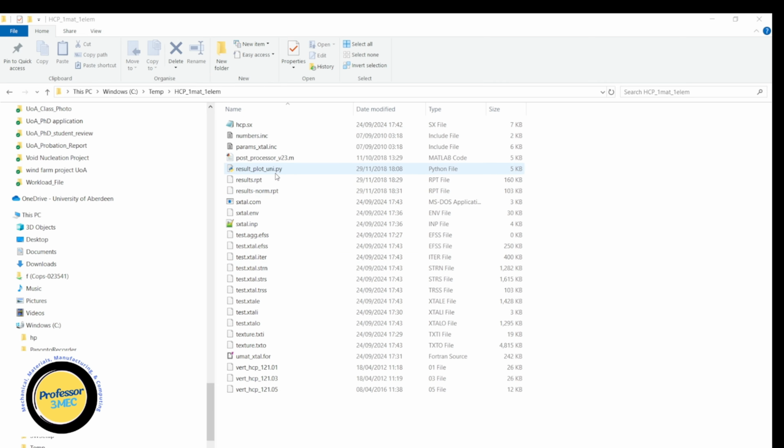So here you see on the screen the code, and as you can see, there are quite a lot of files as compared to the previous user material subroutine, which was from Professor Huang. This material subroutine has a range of files which you need to really deal with, and I will explain one by one each one of them. I will also upload the PDFs associated with this model, and those will be available on my website